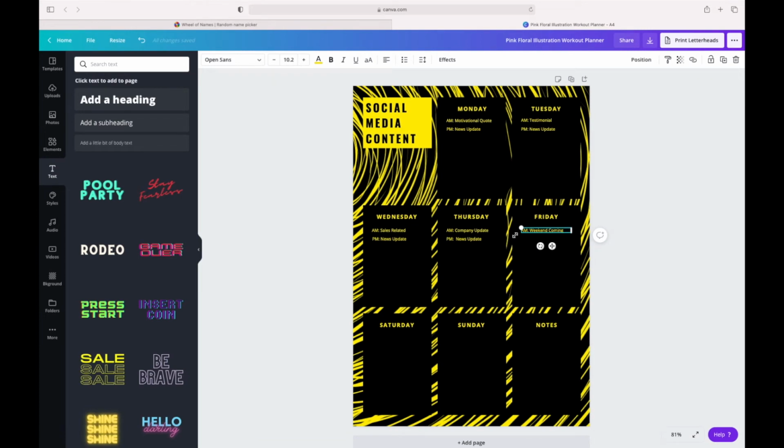If you're more of a product base, maybe that product is utilised more on the weekends, you know, whether it's kind of alcohol based, drink, beverages, things like that. So you could, again, potentially feature a sales related post on a Friday. It depends. But I think if you're going B2B, a weekend coming sort of post, get people excited and just, again, create further engagement. So then if we went along with a news update again,